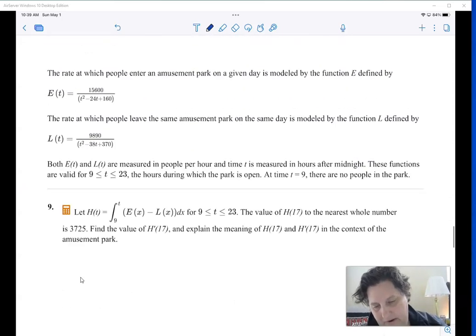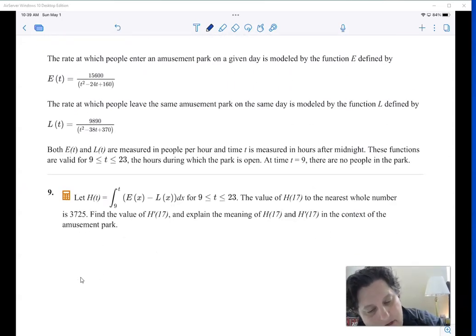Oh, no, we don't. Okay, the rate at which people enter a given amusement park on a given day is